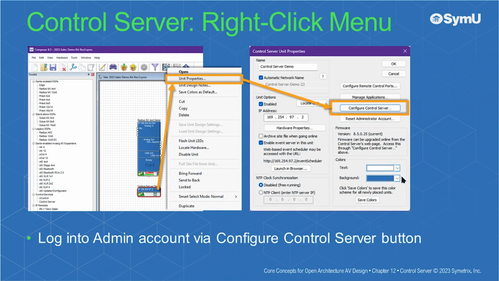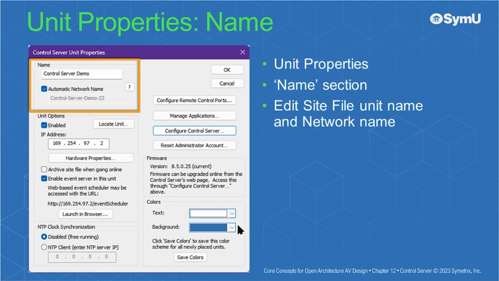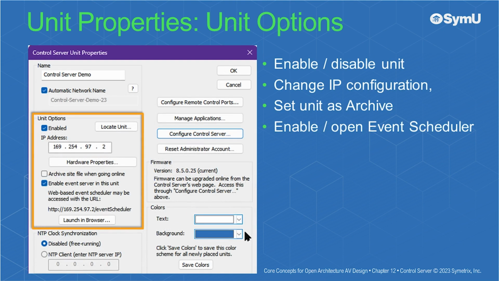When setting up the Control Server for the first time, start by logging into the admin account via the Configure Control Server button under the Control Server Unit Properties. In the Name section of the Unit Properties, both site file unit name and network name may be edited here. Here, you may enable or disable unit for use, change IP configuration, set unit as archive, and enable and open